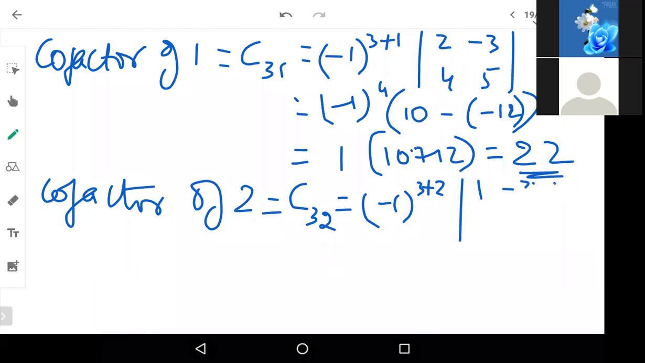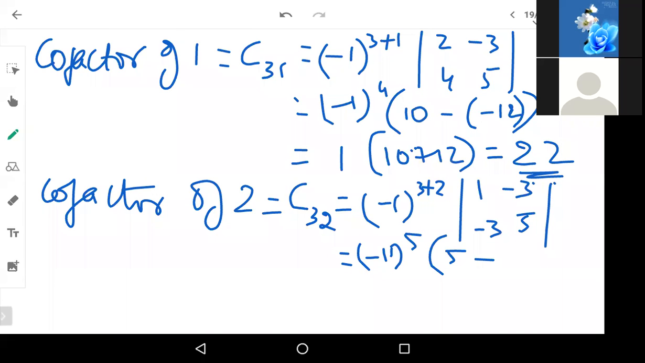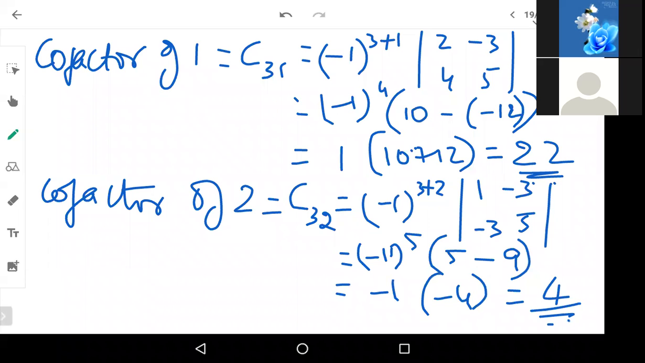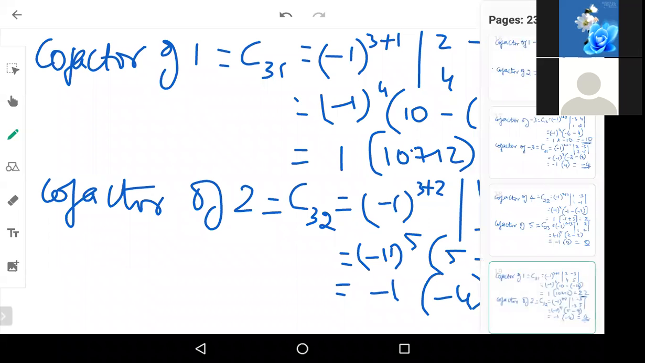1 minus 3 minus 3, 5. So minus 1 to the power 5 into 5 minus of minus 3, minus 3 into minus 3 is plus 9. So this will be minus 1 into minus 4, which is nothing but 4. Okay. And then finally,